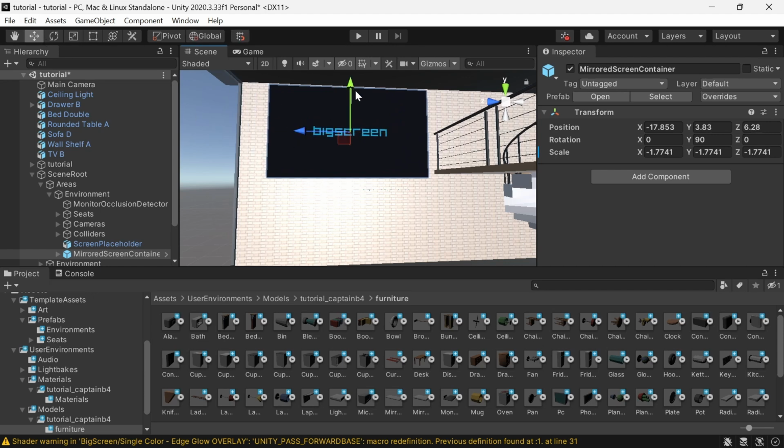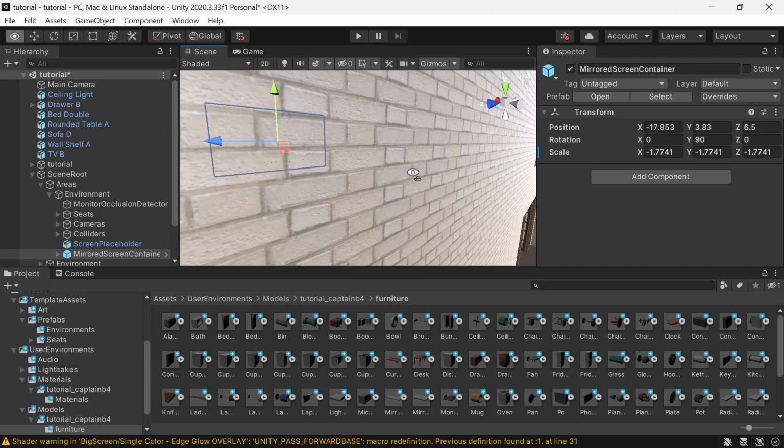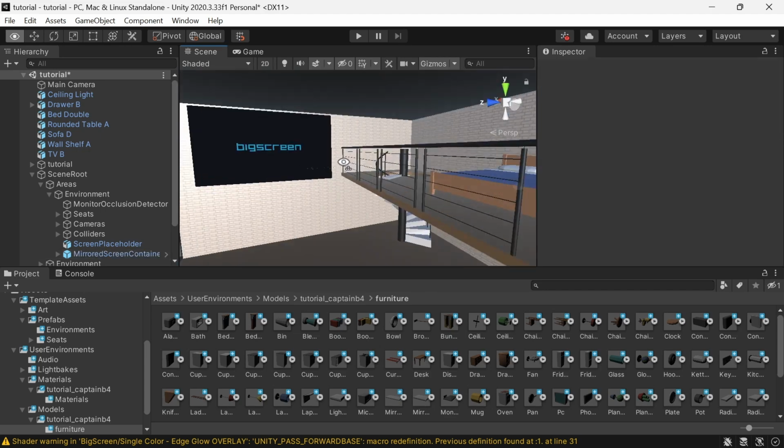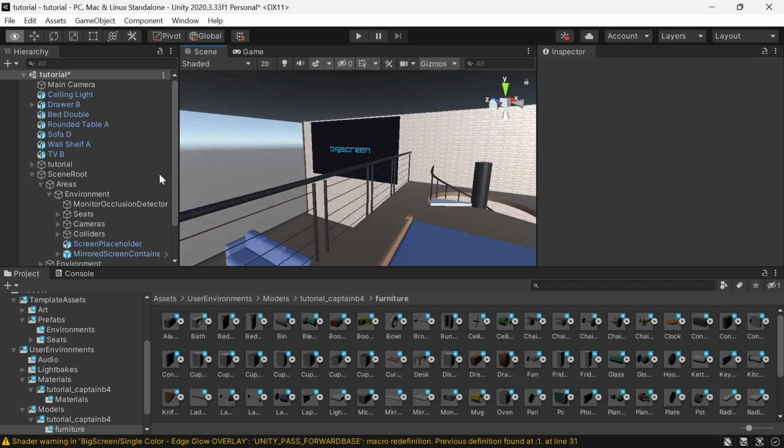Okay, now that that's scaled evenly, let's put it to a comfortable spot. Alright,